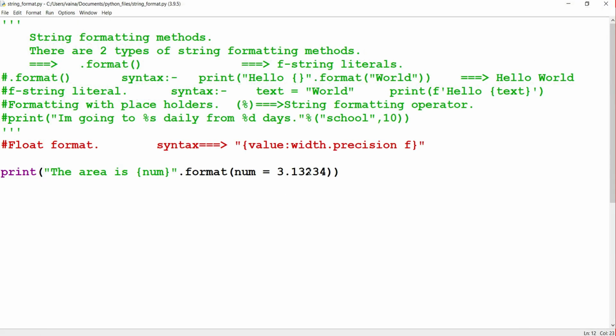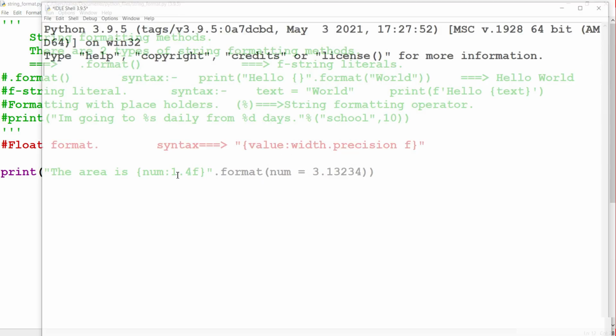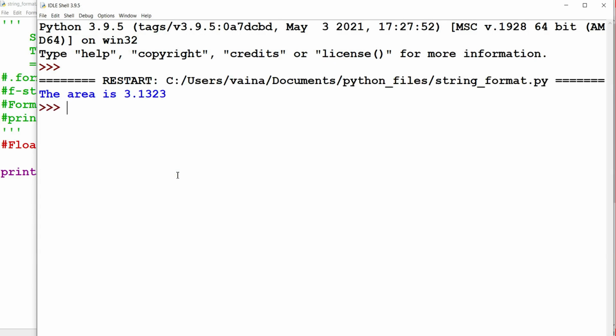To make the output more precise, like 3.1323, up to 4 decimal points, we pass the value num, and next we use the colon and the width, which we take as 1, as it is better to use 1 normally, then dot, and the precision up to 4 digits, and f. When we run it, we get "The area is 3.1323".